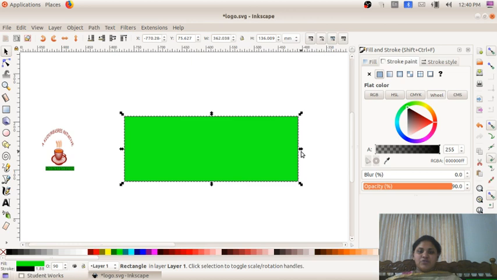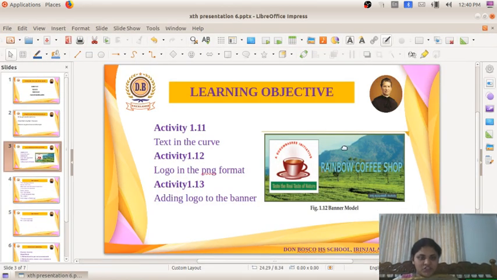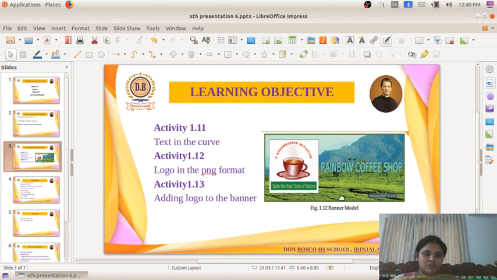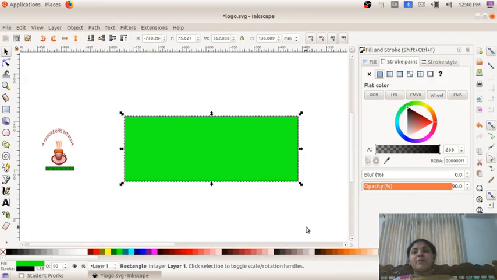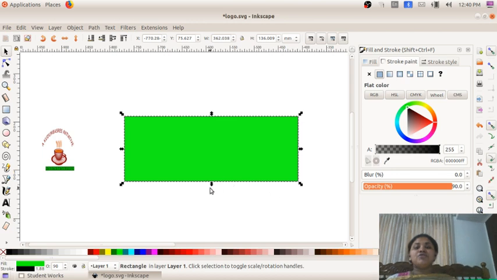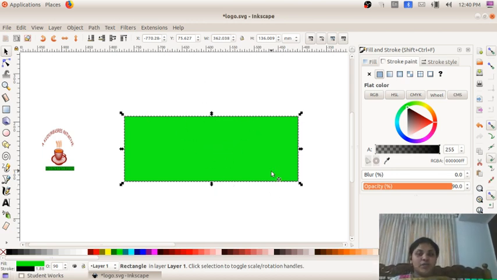So next we have to upload a picture, right? You can see the picture of trees and grass, and we have to upload this picture. We all know there is a picture in the school resource folder, so we have to import that. But this picture is in JPEG format. Can we upload that picture to Inkscape? Yes, we all studied the features of Inkscape, and in those features we know that we can import and export pictures of any format.